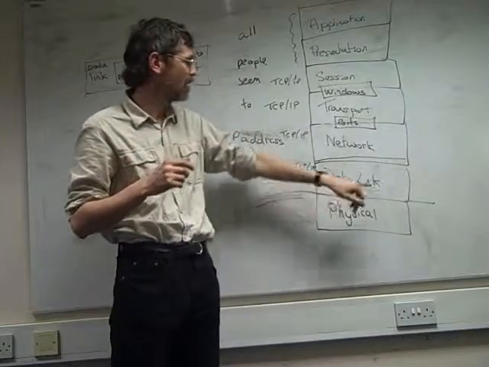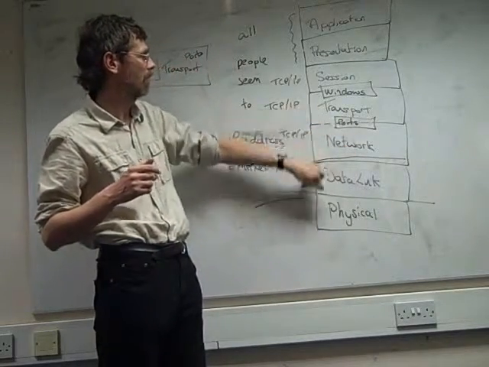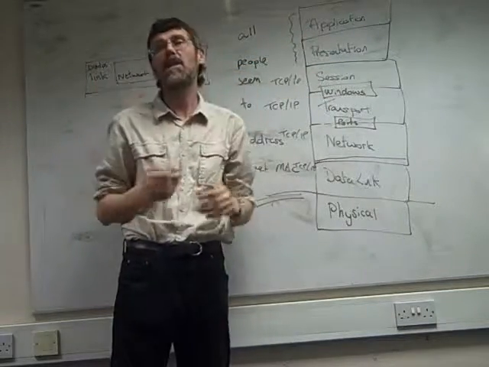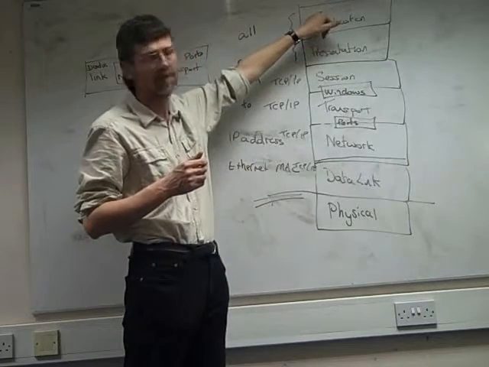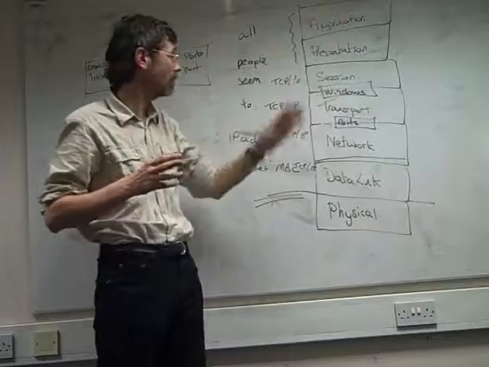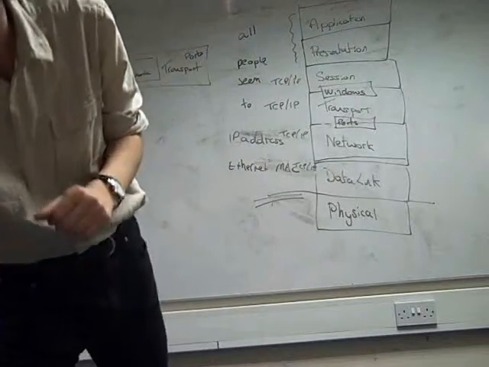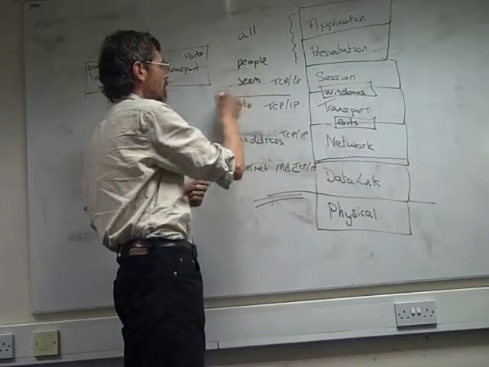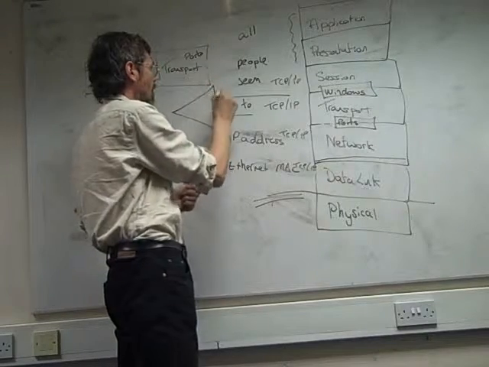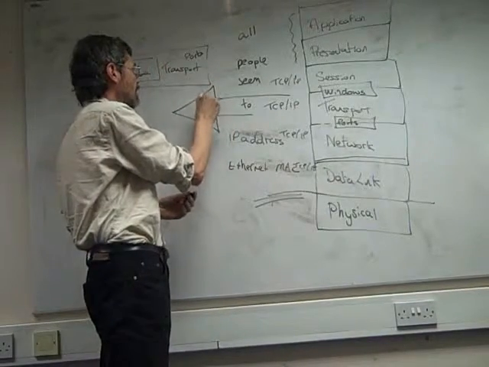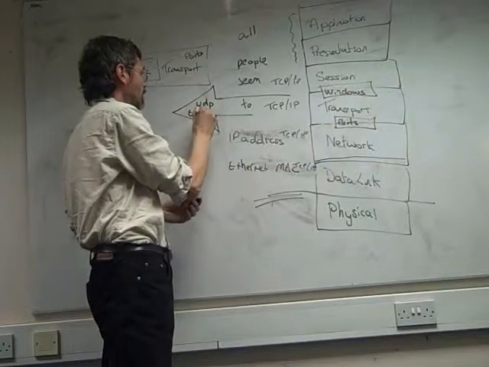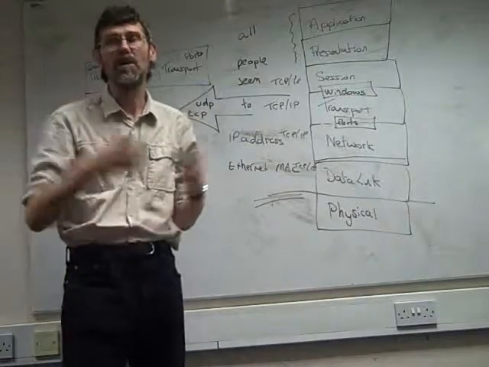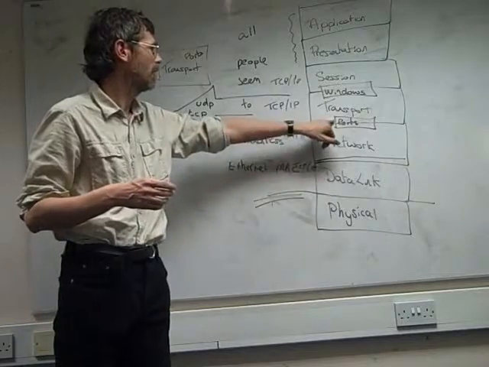But in reality, these are only a few bytes long, a byte or two, which leaves hundreds of bytes for the stuff in the application. So in effect, out of scale, there's plenty of space for the actual stuff in the middle over there. One key part that relates to TCP/IP is when I'm sending stuff up, somewhere around the transport layer, we've got a choice. We can do UDP or TCP. For those who want to know, User Datagram Protocol, Transmission Control Protocol, but it's just written UDP or TCP. It also links to the use of ports over there.